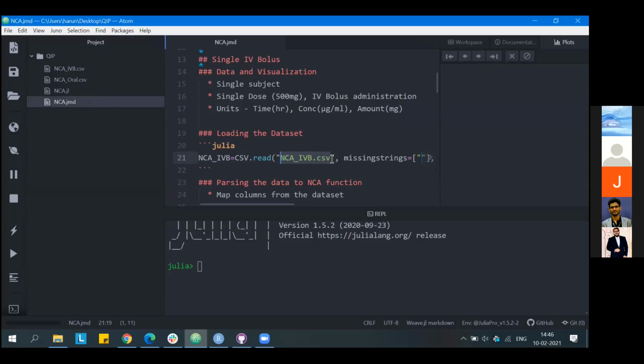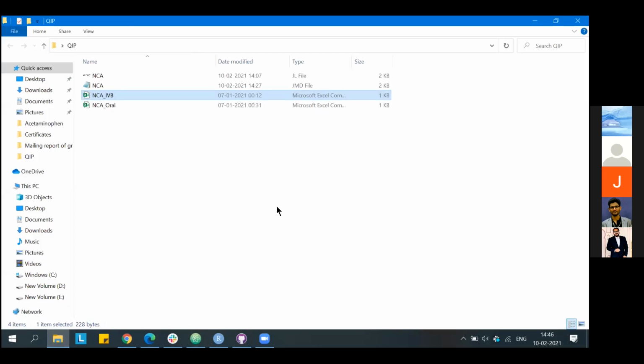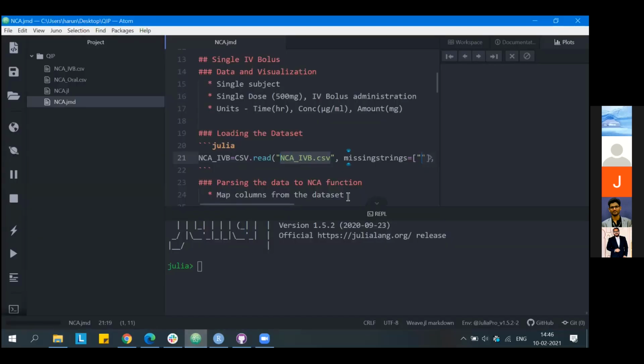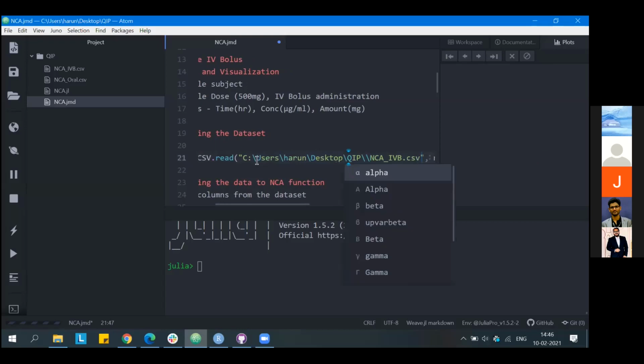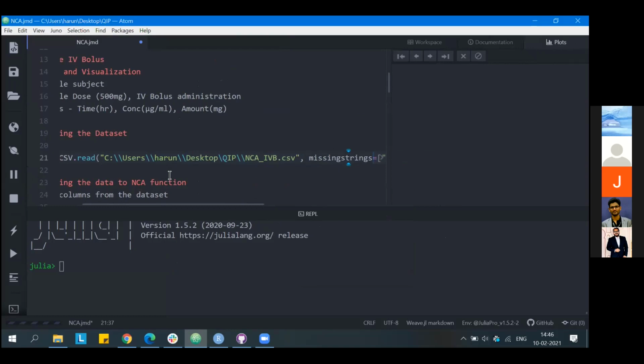But if you have your data set in a different folder, then open the folder which contains the file, right click and copy address as text, then paste it here. So here it will give the full file path, and the syntax for reading the files is that the file path should be given with double slashes.